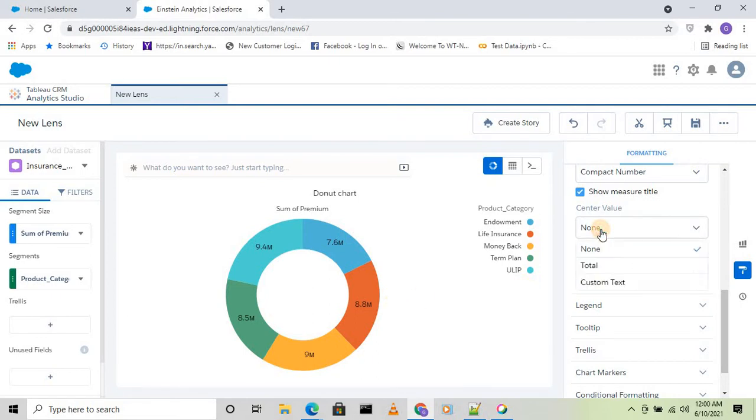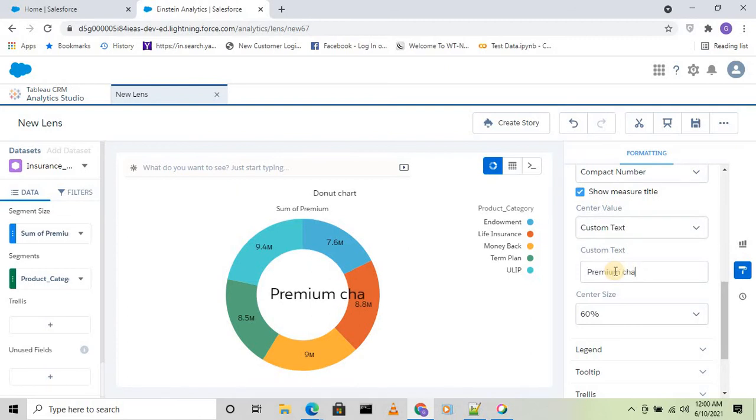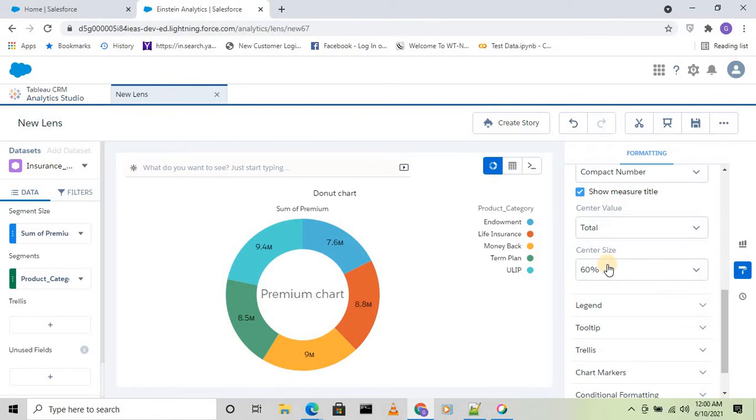I also have another option called custom text. I can say, like, premium chart or something. Whatever custom text I write here will come up in the center. If you want to do that, you can. For now let's keep this as total.